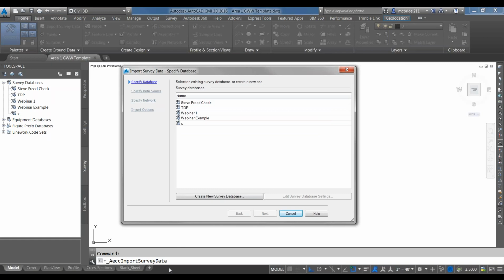Again, if you don't have the buttons or you can't find the buttons because you're in the previous version, down here at the bottom, this is the command to type into the command line if you want to get this dialog box popping up. Okay, so the next thing to do is create